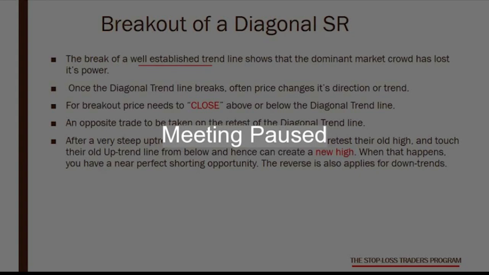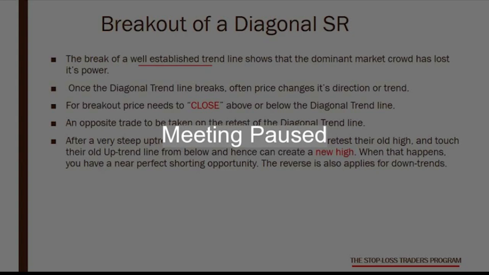So the next thing is, now we have learned horizontal SRs, horizontal resistance and horizontal supports. But while price comes down or moves up, because you have heard about uptrend and downtrend and all, when price moves down or price moves up, it also takes support and resistance while it's coming down or while it moves up. This support and resistance are